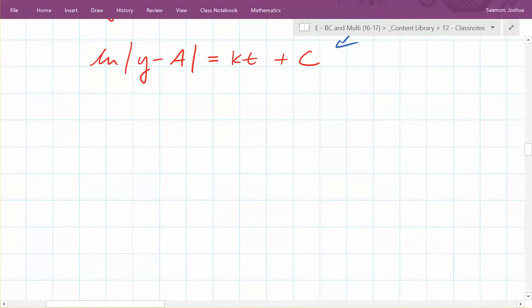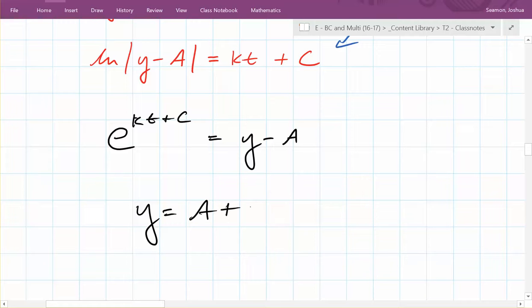Put it into what form? What form does it need to go into now? We're trying to isolate y. What's that called? What form is that? Exponential form. So it's going to be e to what power? kt plus c is equal to what? Y minus a. So you end up with y is equal to a plus e to the kt plus c,